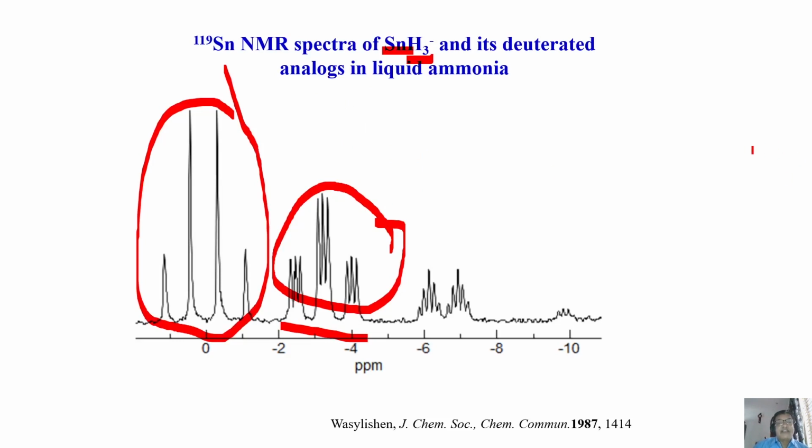Even CDCl3, if you look at the carbon-13, is split into three lines of equal intensity because of deuterium. So exactly, first the tin is split into a triplet by two protons, and the one deuterium makes each of these triplet lines into three lines of equal intensity. This is also understood.